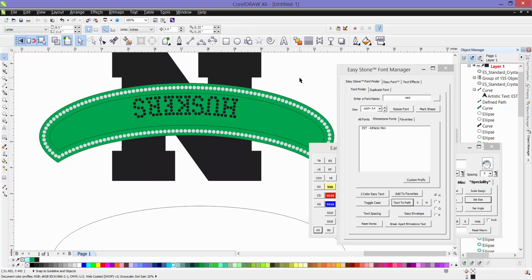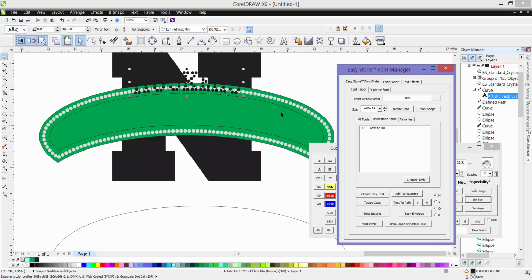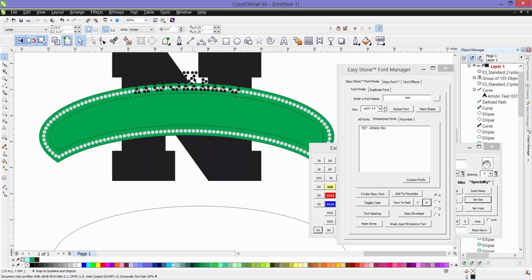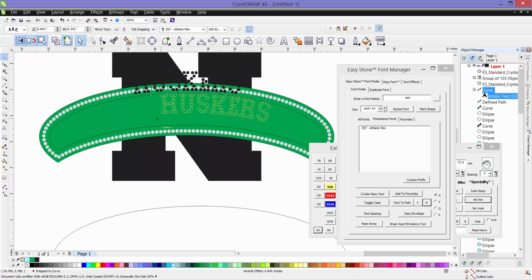All right. So if we click once, we get the curve and the text. But if we click on the text a second time, now you can see we're just modifying the text. And then we want to flip it vertically and horizontally. Okay, so now you can kind of see what's happened. Now the text is on top, and it's a bit difficult to see, but there is this little control handle. We're just going to drag it down here so that,